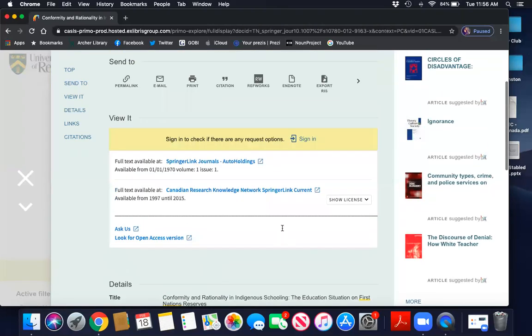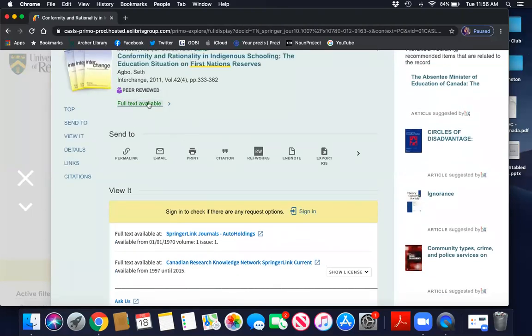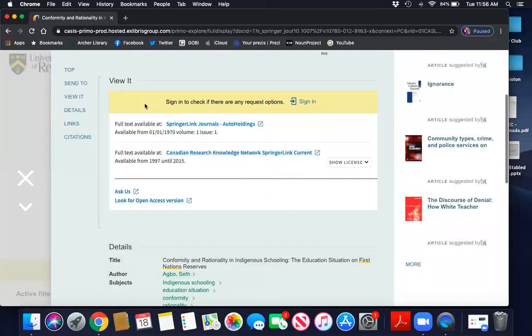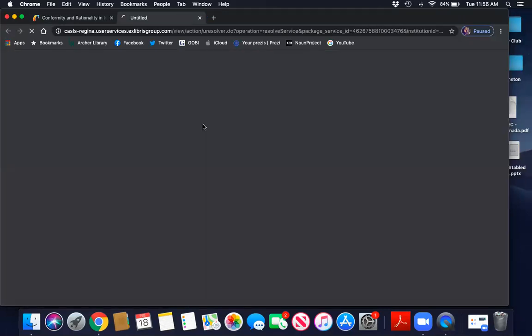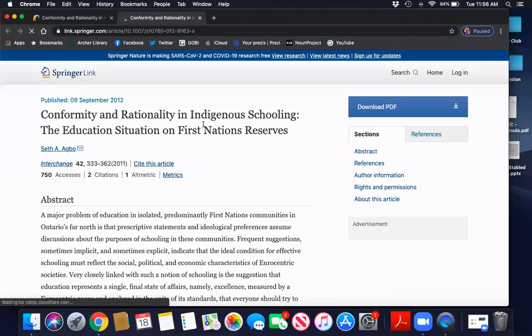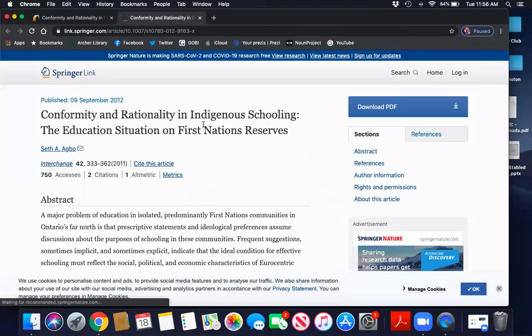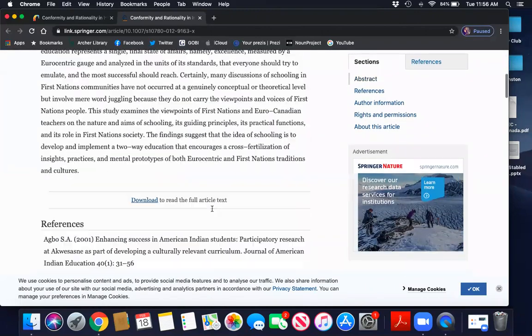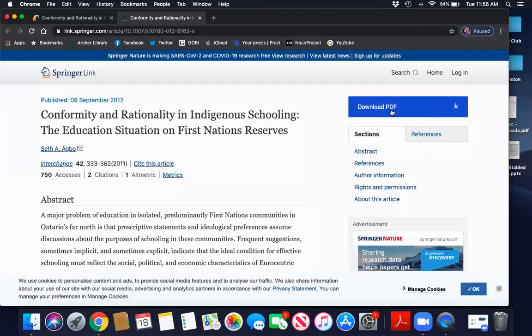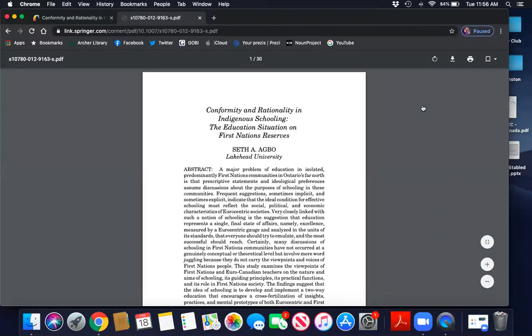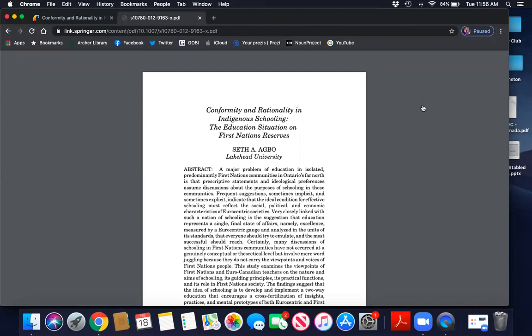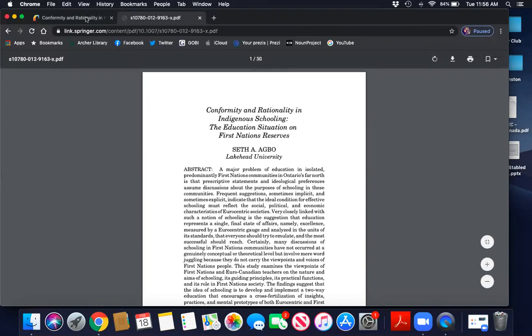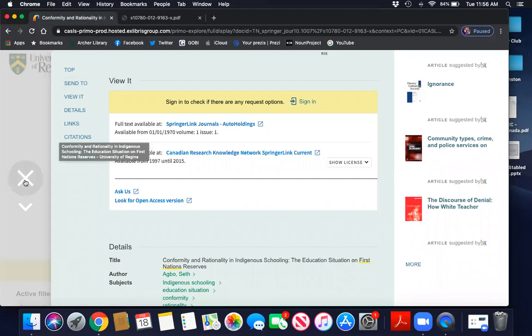So if it's something that we're interested in and we find useful, we can click on full text. We can choose one of the two, whichever one that we like to do our searching in. And this will link us directly to the article. So the full text is available directly below, and there's also a PDF option as well. This will give you the entire journal article. Going back to Quick Find and closing this,